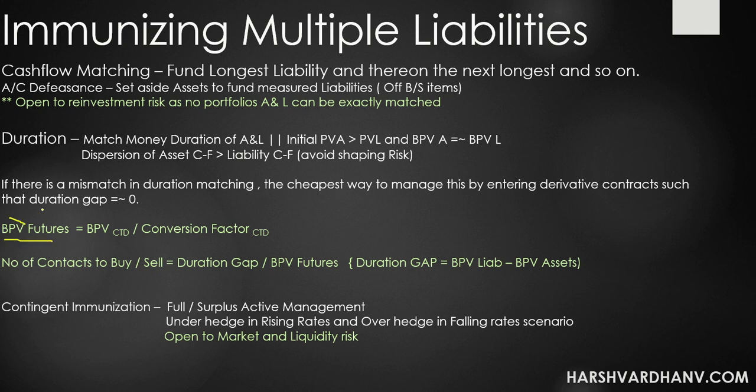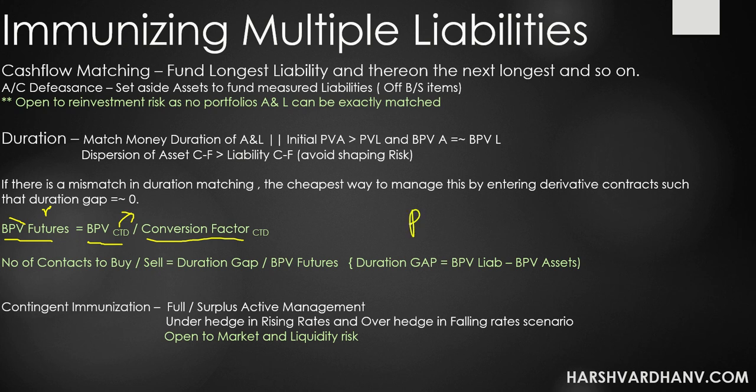Again, remember BPV is nothing but PV01. It is basically the PV01 of a cheapest to deliver bond. We know what is cheapest to deliver from L2. If we have forgotten, CTD is basically the closest bond that is similar to the bond which is being traded, and it can be delivered. So it's mutually agreeable. So CTD is the bond which can be delivered. Cheapest to deliver with all the same parameters, the cheapest one will be delivered, and this is the conversion factor. So conversion factor is, again, market driven, it's decided.